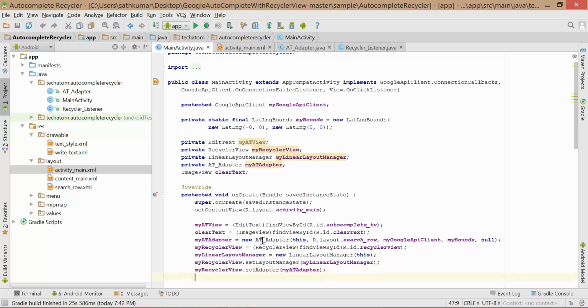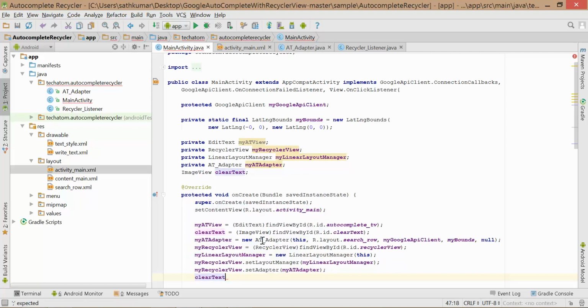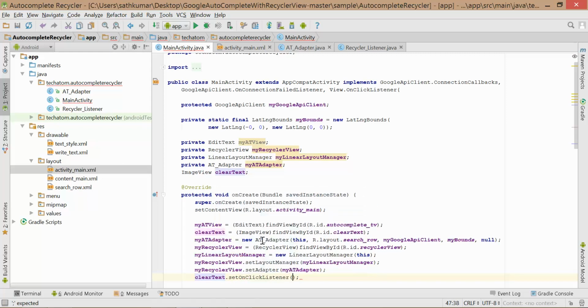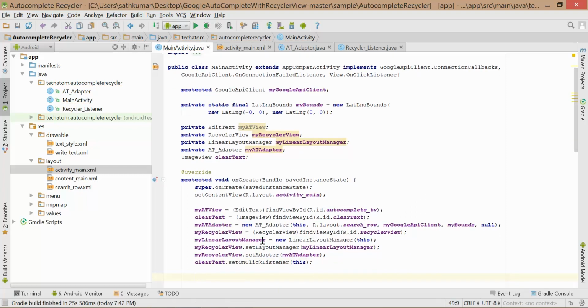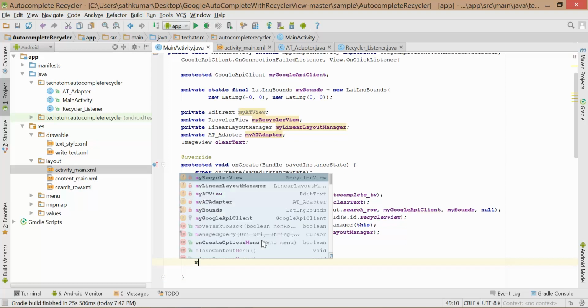We are left with one more, that is our clear text. Clear, set on click listener. That would be this, giving the context to it. And now we have to listen to whatever is entered in the edit text, which we will do now. So we'll go ahead and say